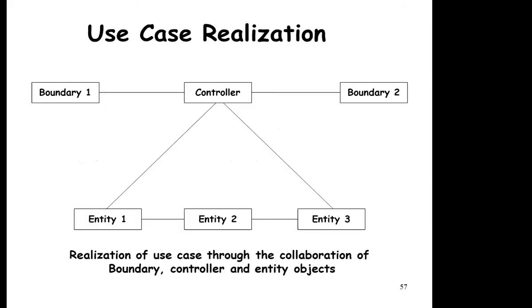Next. So this is the use case realization. There is a boundary one. There are more than one. You can pay to the cashier. There is more than one window: one window is for paying the fees, another window is for documents, if you want to have some document. So there are two boundaries shown, one for the documents and another for the cash.